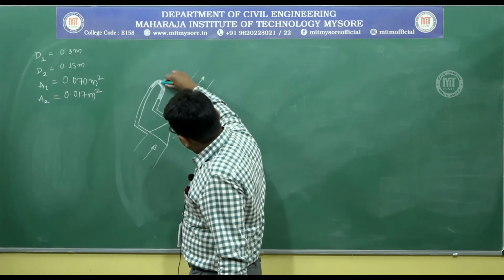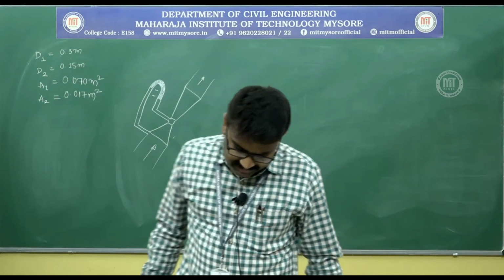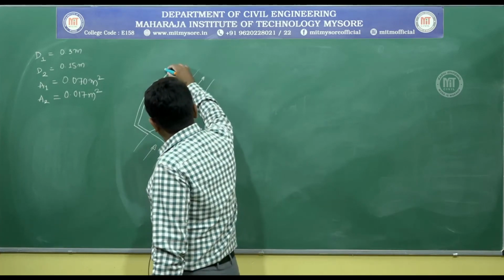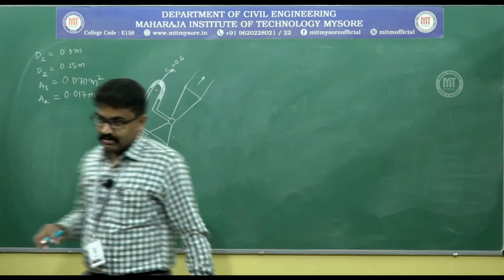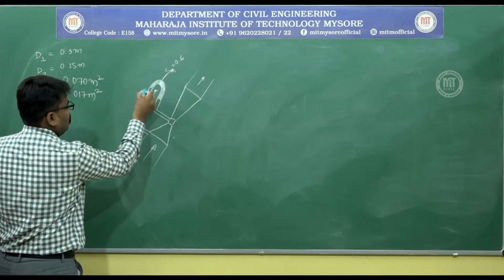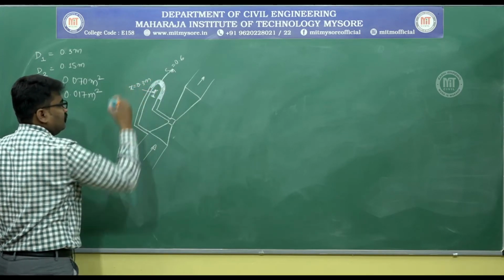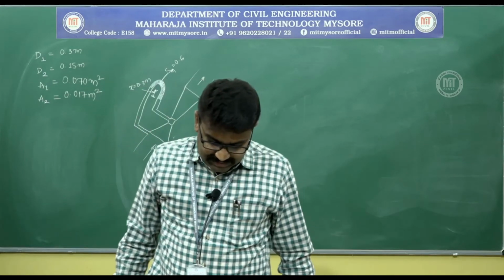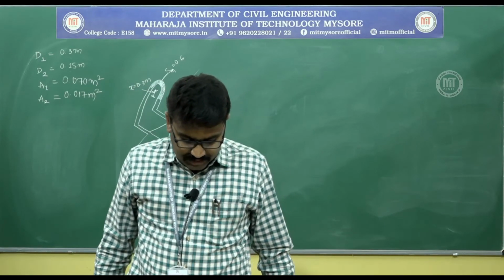And the manometric deflection is given, and it is 30 centimeter, and the specific gravity of this liquid Sm is equal to 0.6. Manometric deflection is given to be 30 centimeter, that means X is equal to 0.3 meters. Then what else is given? Is the elevation difference given? No, not required. You can easily solve from now onwards.